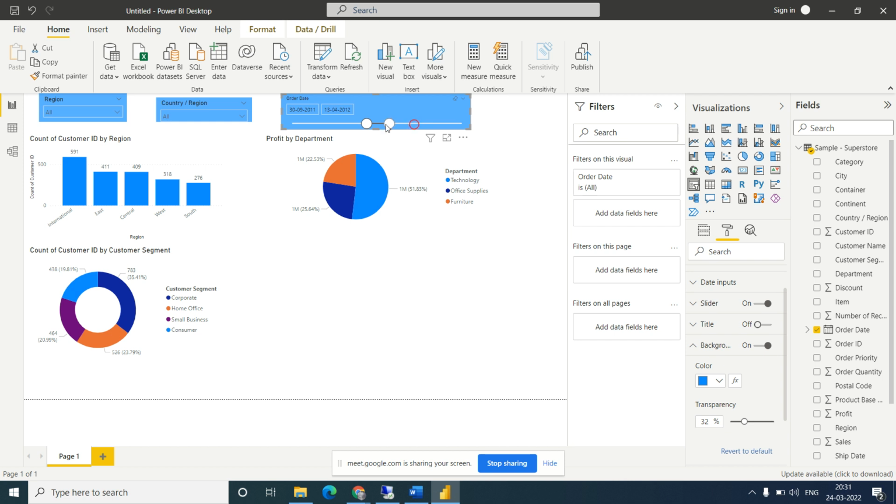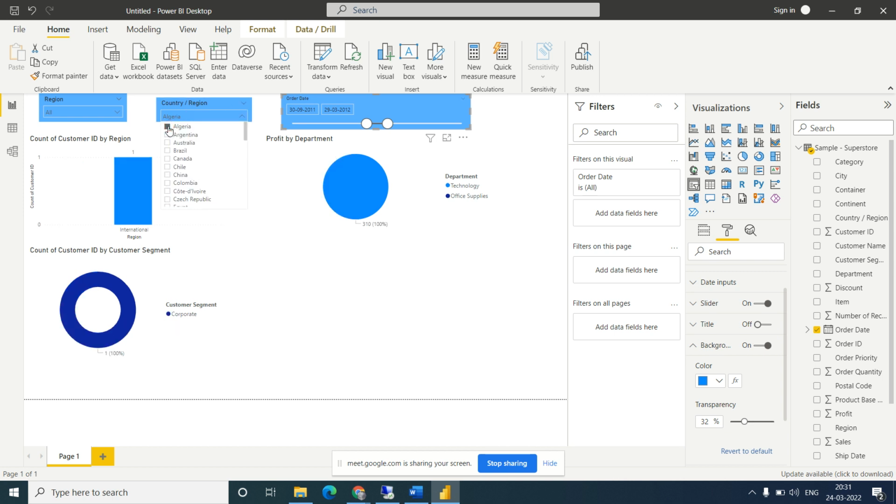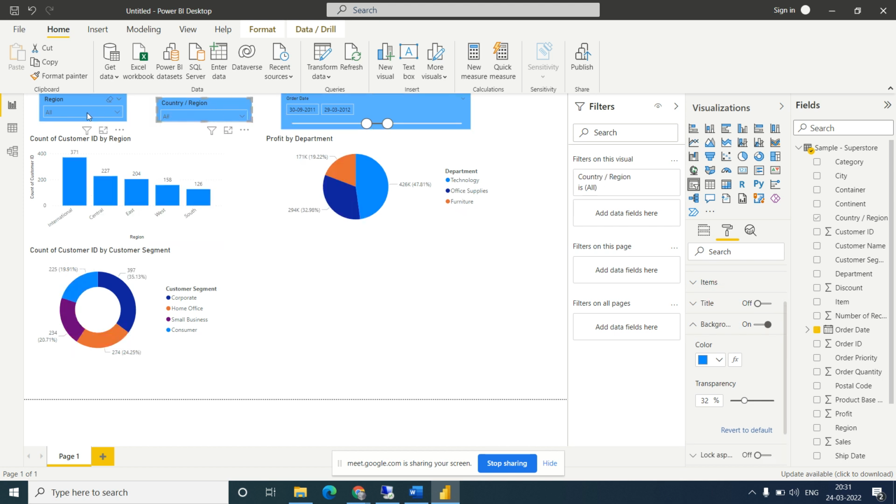You can see it is applying on all. If I select region again, Argentina and all, we can make it clear and just increase.